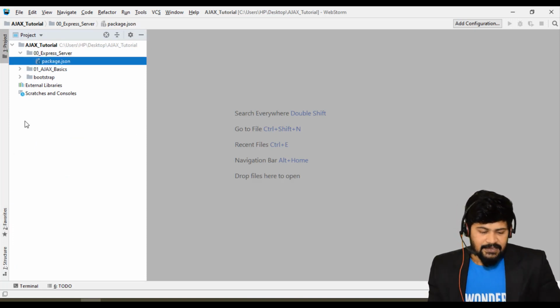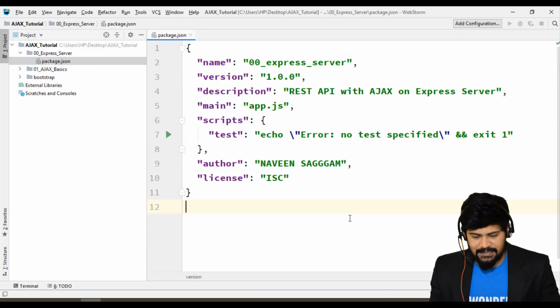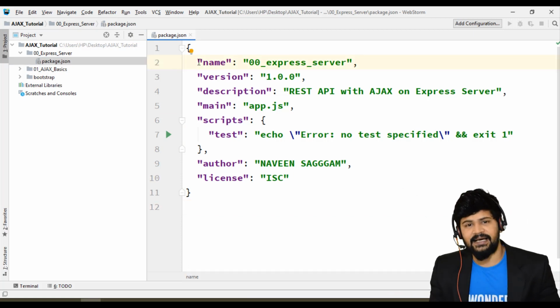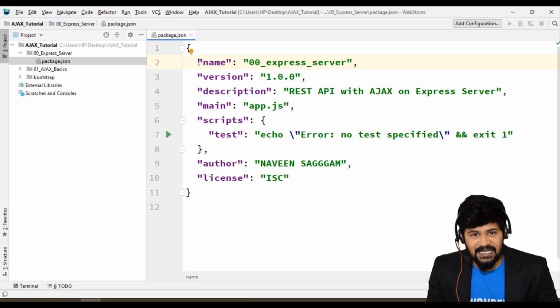Now we got a package.json. If you see the package.json, all these entries have come automatically. So what exactly is the package.json? This is a configuration file for your application, for any server-side application you're going to create. It's like a user's manual. By seeing this, you understand the complete description of your project, and all the different modules and different build scripts and everything will be available here. Fine.